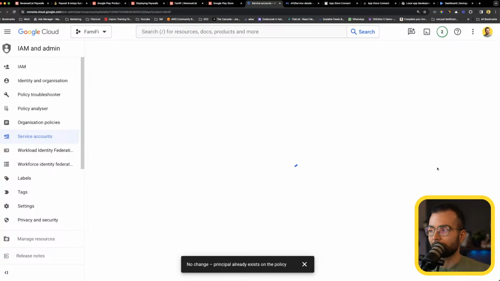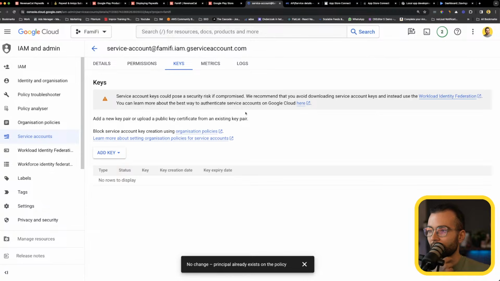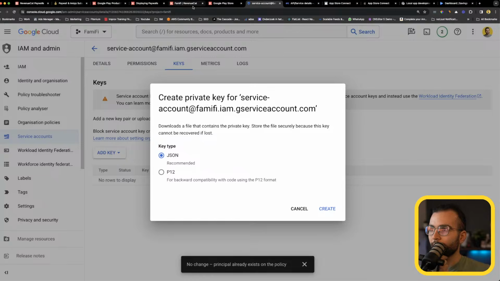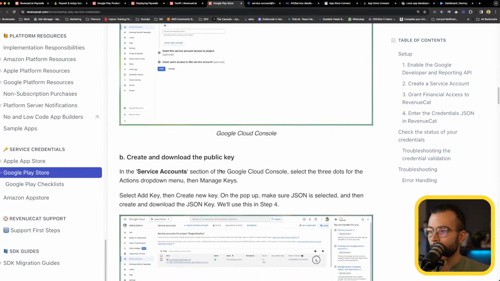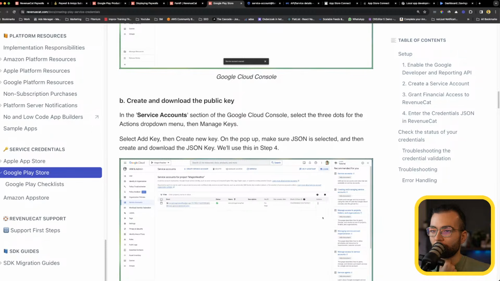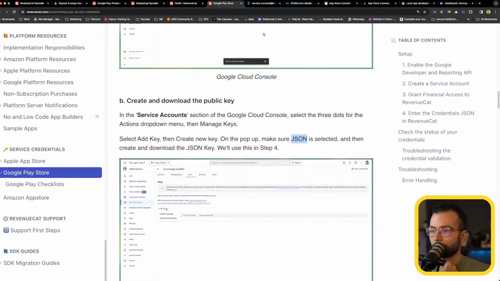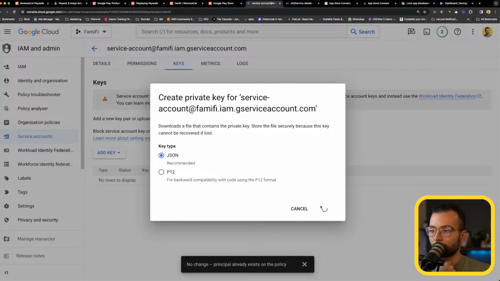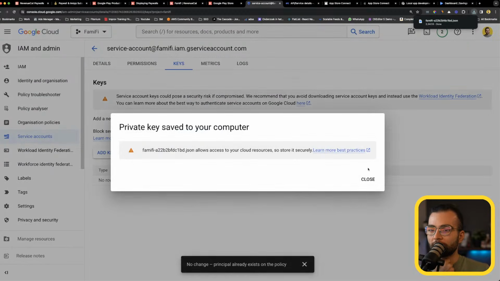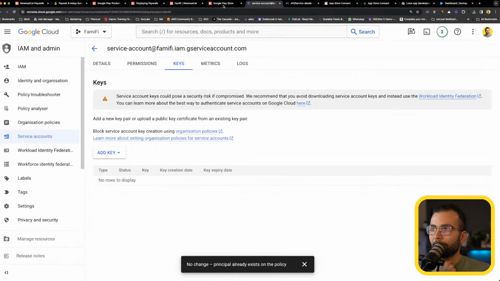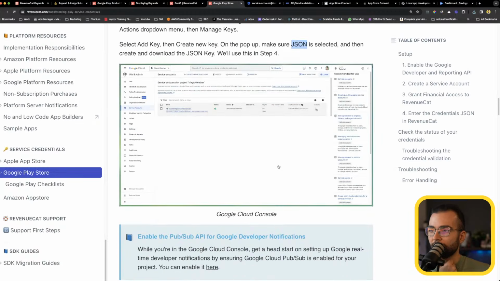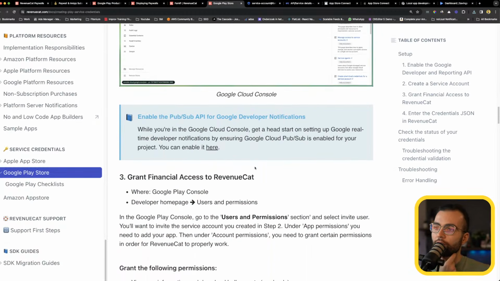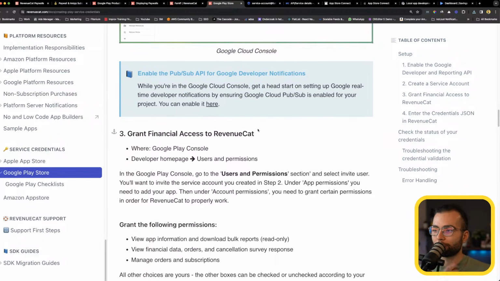That's one is something I probably remember. And let's do add key, create a new key, JSON or P12. It's going to be JSON. So let's do create. This will download the key. And what I have to do with this key is we're going to need it in the fourth step. Now we need to grant financial access to RevenueCat in the Google Play Console,